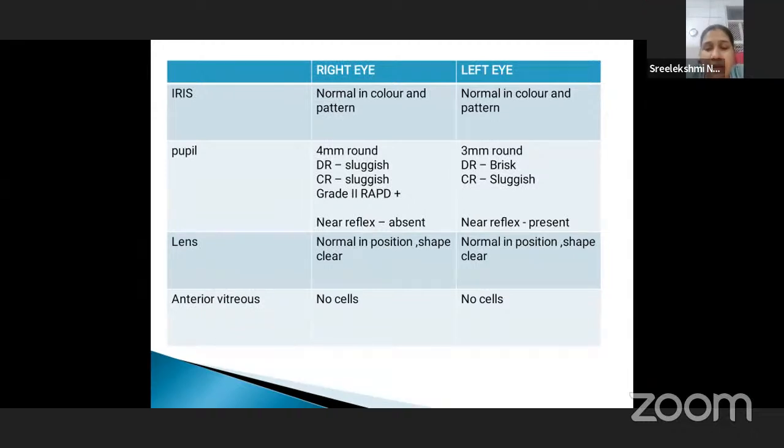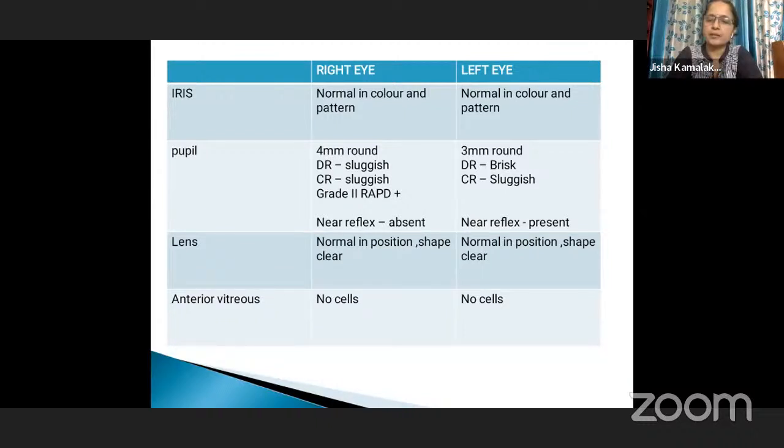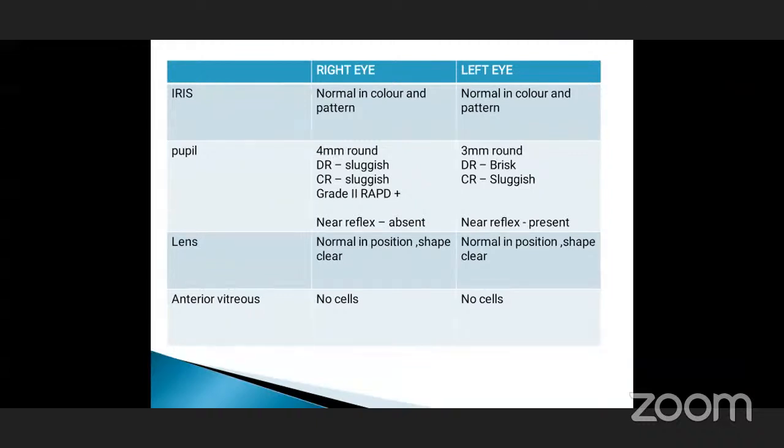Unilateral optic nerve disease, will it produce anisocoria? No. Optic nerve disease won't cause anisocoria. Can't hear, can you repeat, Sri Lakshmi? Optic nerve disease. Is it that the optic nerve does not cause anisocoria? Unilateral optic nerve disease will not produce anisocoria. So there is something else. One millimeter, can it be physiological? It can be. Okay.